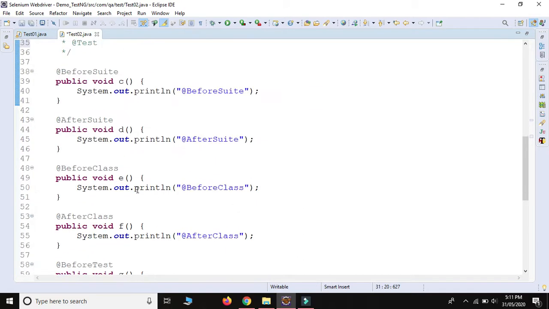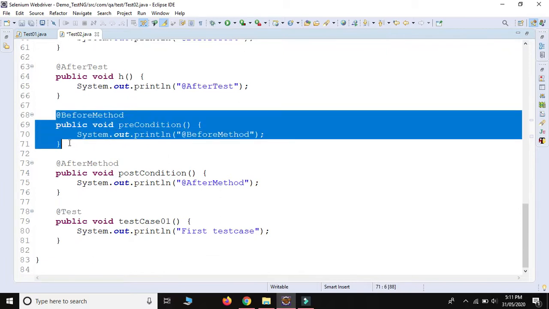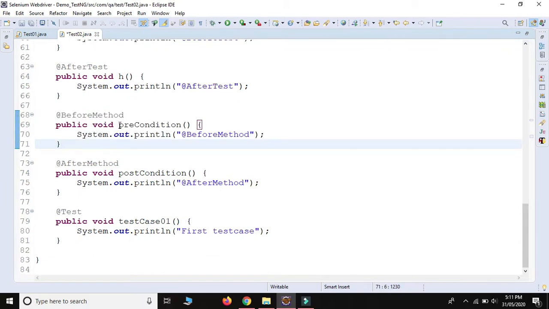So I have written here, I will show you. This @BeforeMethod is known as a precondition. We need to perform some precondition before executing the test case. So whatever the activity, launch the browser, launch the URL, we mention inside this block.